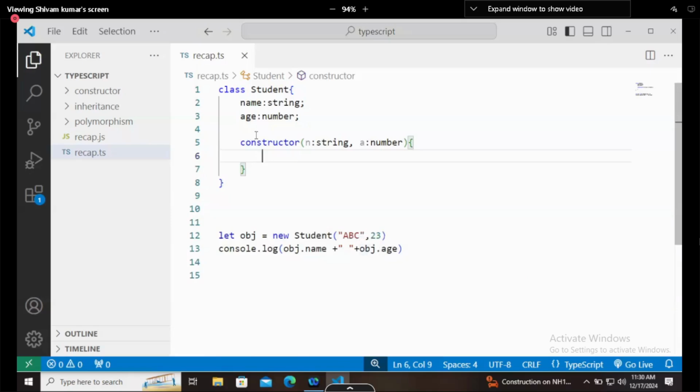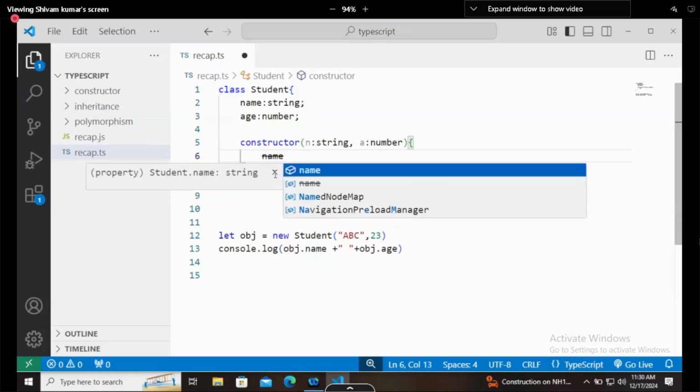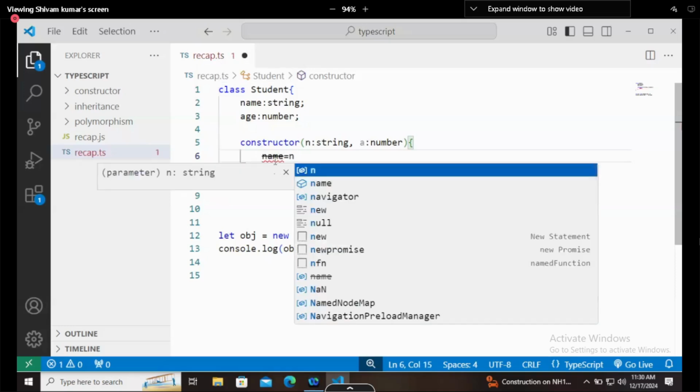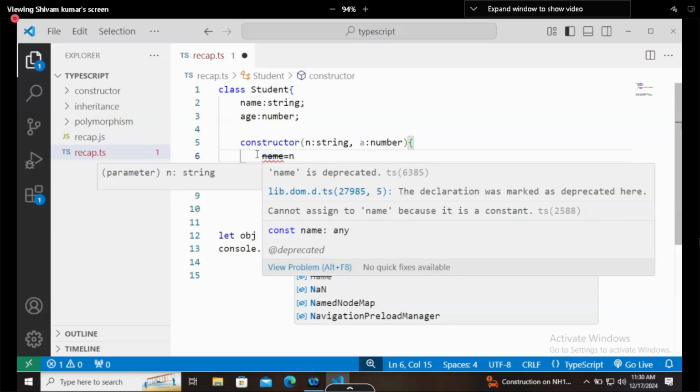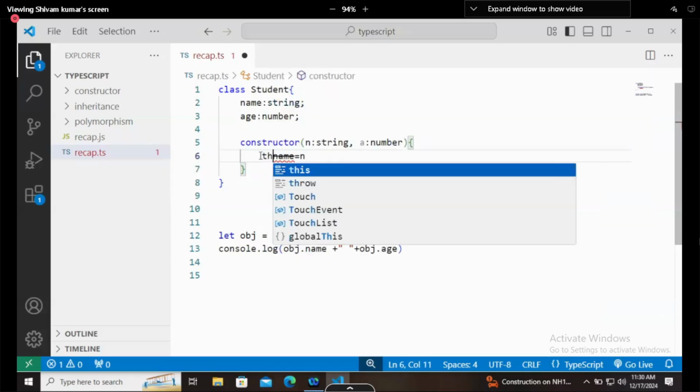Now this constructor is accepting the values, but this constructor should set those values to the class. For that, if you write name equals n, this name will create an error because this should be marked with the this keyword.